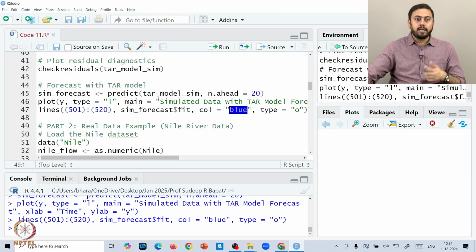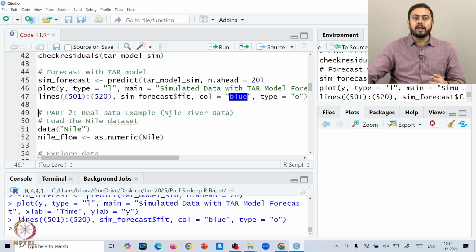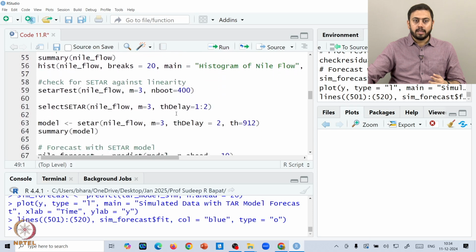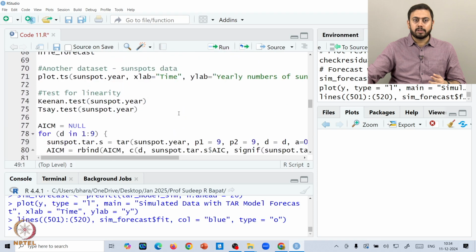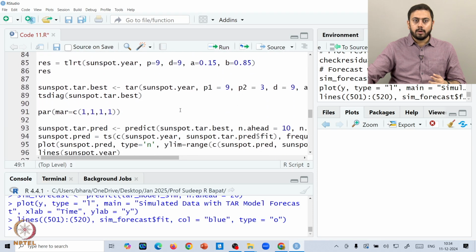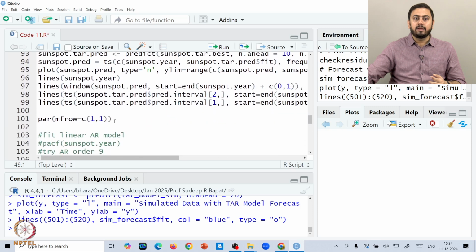By the way, I'll show you one trick. As of now, within the plotting window, you must have seen that R is giving you multiple plots in the same window. How do you correct that? Let me scroll down. I think I have the code here somewhere for that. Yes, for example here. You have to run this line, which you see in line 101. This takes it back to having one plot in a single window. If you do not want multiple plots in the same window, then why would you want smaller plots?